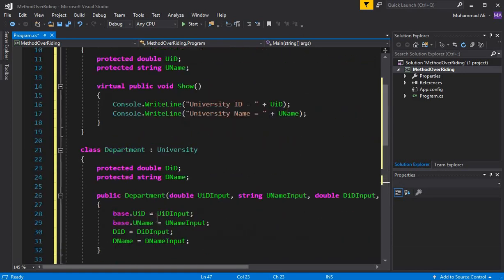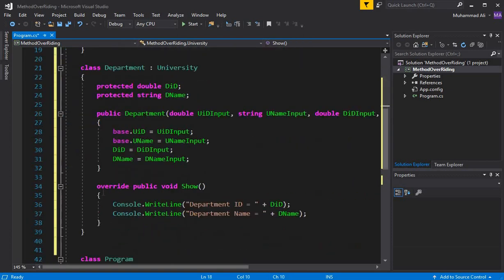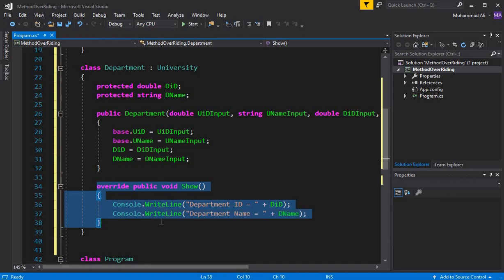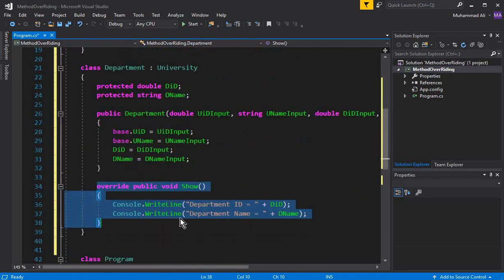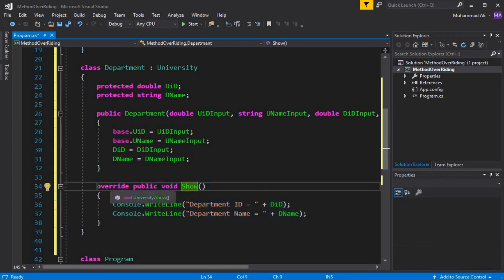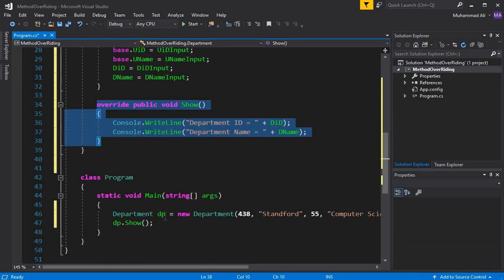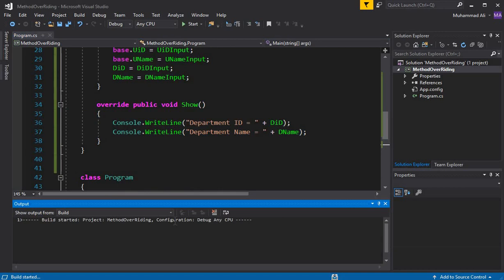So now here comes the important point. We have a method inside a parent class, and also we have the same method inside the child class. So which method will basically execute? One of them will execute, and now let's see which one. Basically the child method, which is this one, will execute, as we have created the object of the child class. So first let's run it, and then we will talk about it later, how we can access both of these methods. So press Ctrl F5,